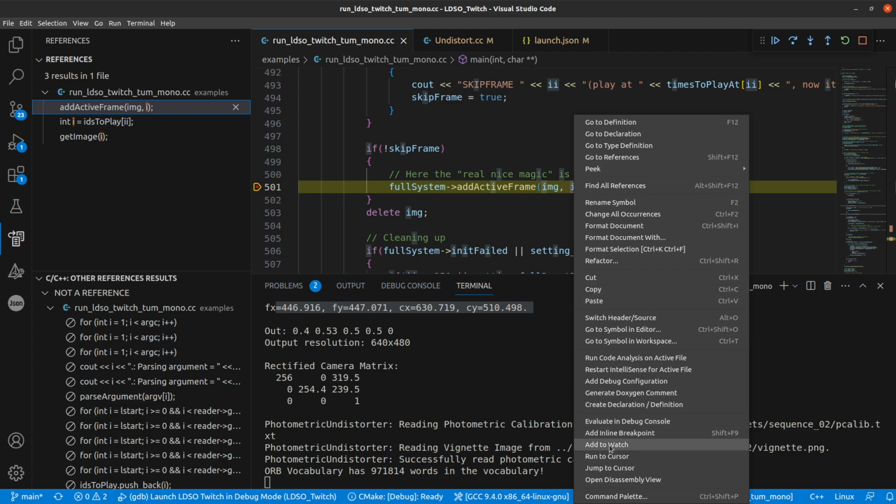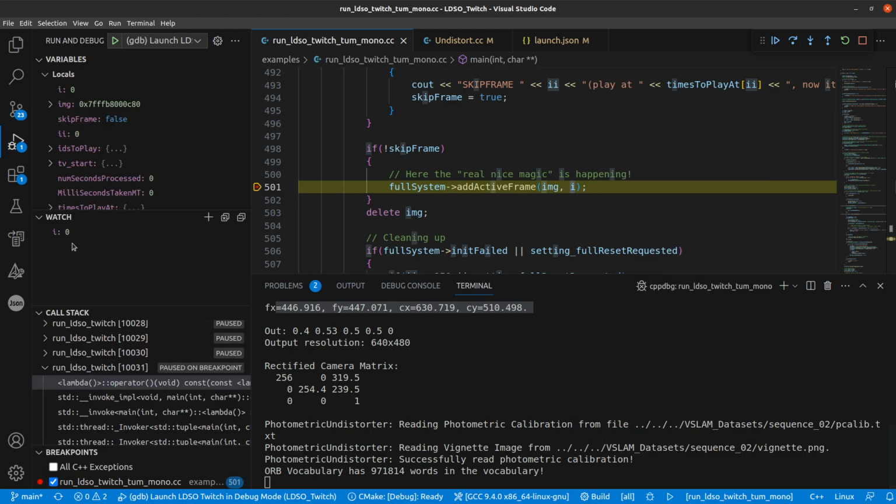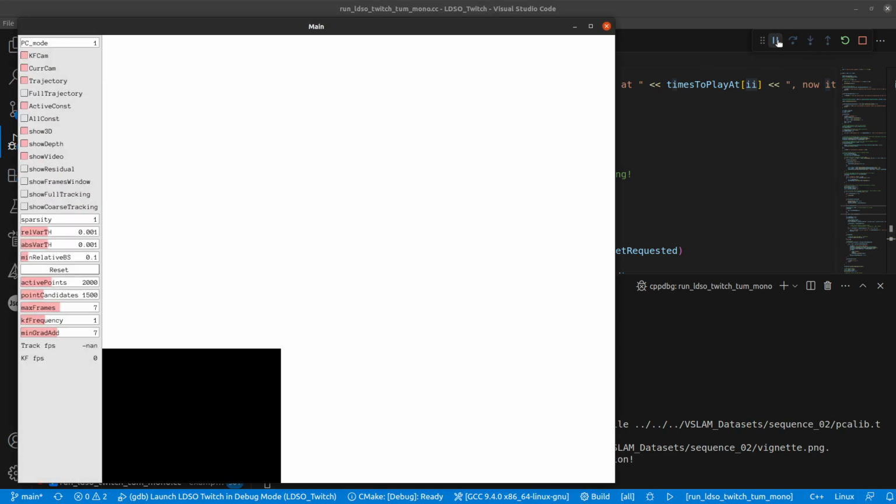We can use this add to watch. And now we are watching this variable I, this index, to see what kind of values this takes. It's not very useful in this case because the I variable is displayed here as well. But if we continue with